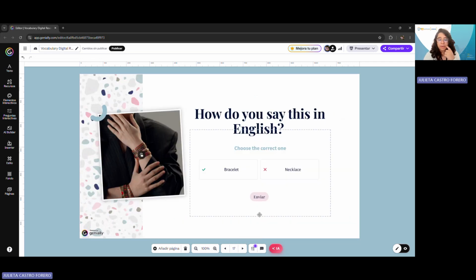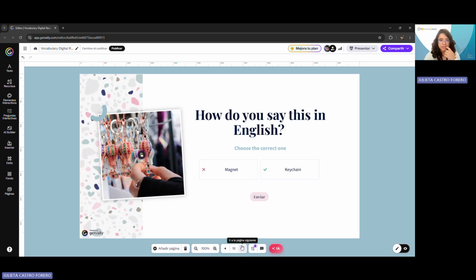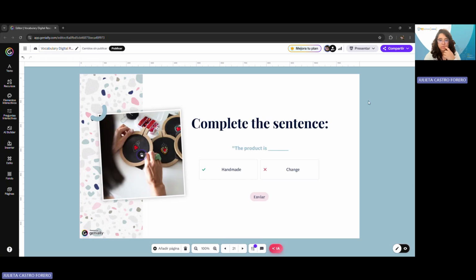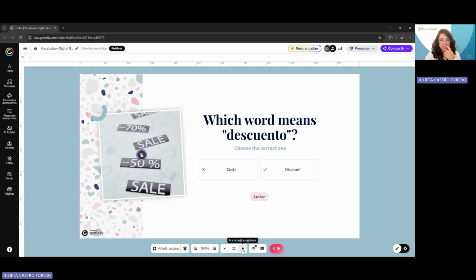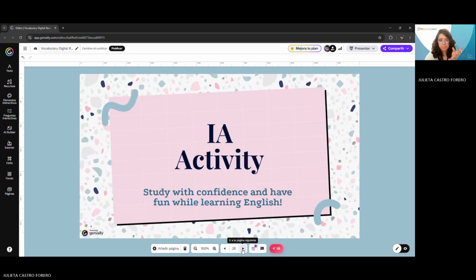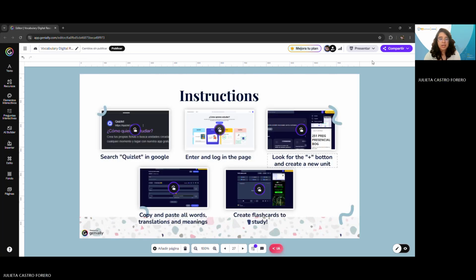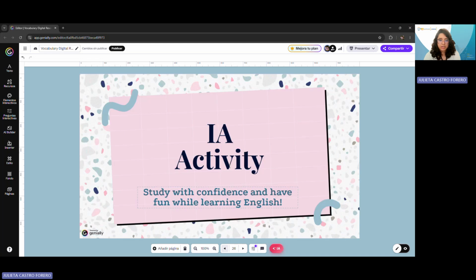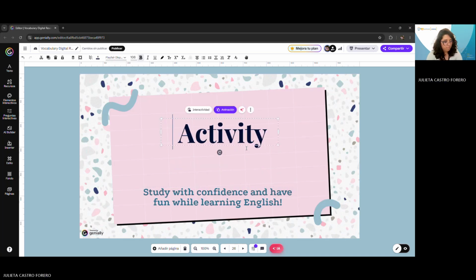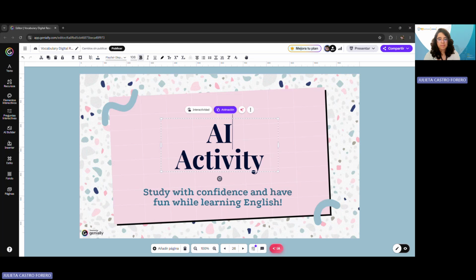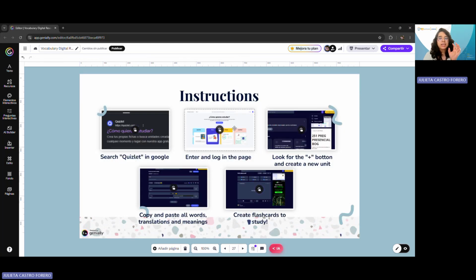Now we have the practice, okay, or the quiz. This is about relating the picture with the word or the translation, okay? Also, we have here to complete some sentences. And after this, we have the AI activity. The AI activity. Sorry. Yes. Now, I give instructions in each step by step on how to use